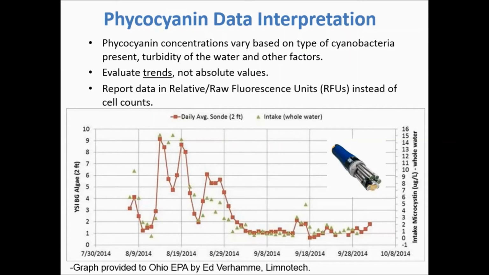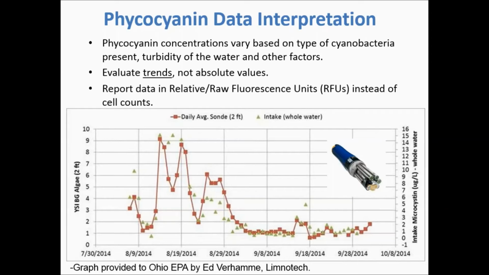Okay, this is a graph of phycocyanin microcystin concentrations at Toledo's intake on Lake Erie following the finished water detection. Again, you can see a good correlation. I should note that phycocyanin concentrations vary based on type of cyanobacteria present, turbidity, and other water quality factors, especially those affecting light availability. These sensors are best used to evaluate trends on a specific source water, and values should